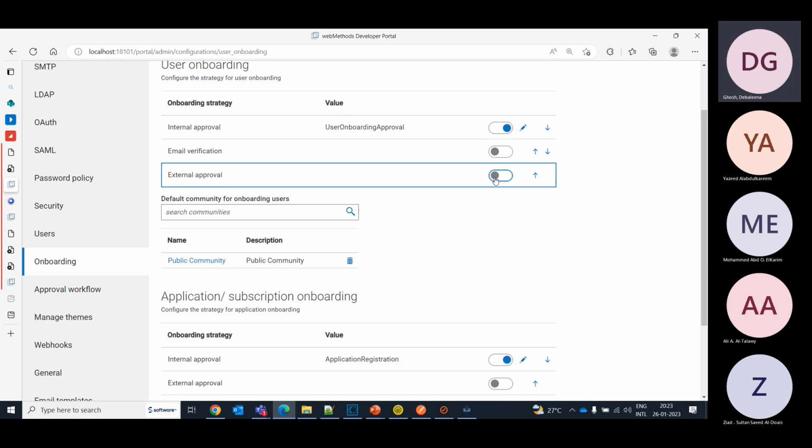So it may so happen that if we select external approval, it can take the requester to a different UI, or can kickstart another, maybe a Pega workflow or something like that. So if we have that level of customization available, then probably we can use this external workflow. But otherwise, if we want to fall back on the developer portal's capabilities, then these are the